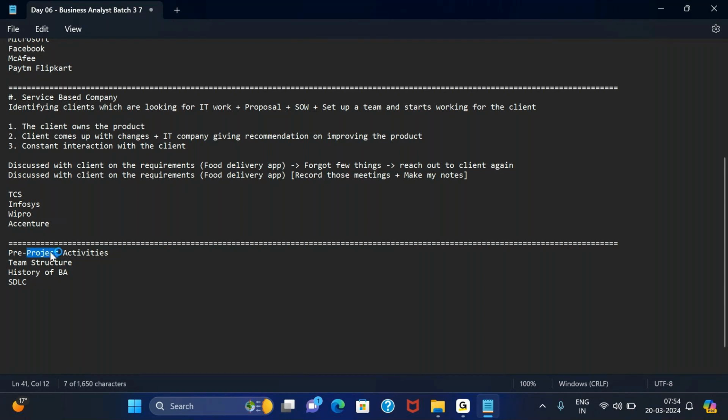What happens? How does this client and the IT company actually connect with each other? Once they are connected, then only the role of business analyst and all these people come into picture. So once these two are connected, then how a team is structured, then we will look at history of BA and SDLC. Okay,